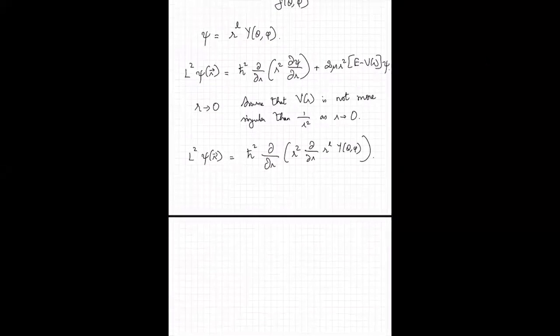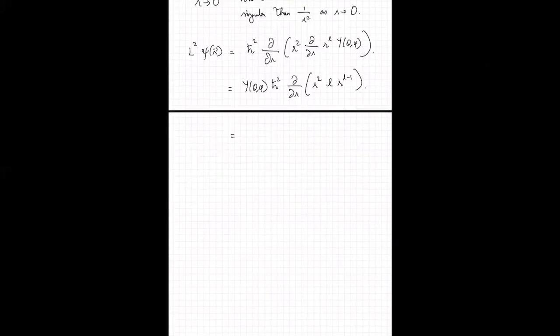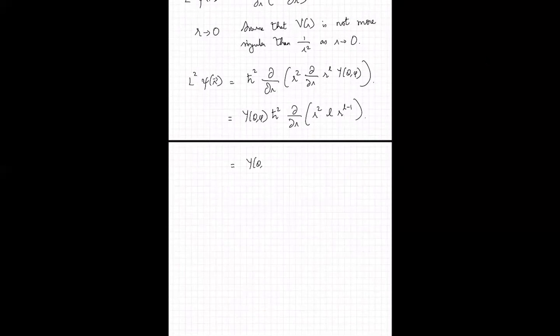close to the origin. So evaluate this. Now Y is a function of angles alone, and d/dr will not have any effect on it. So I can pull the Y of theta, phi out, times h bar square d/dr of r square d/dr of r to the L, which is L r to the L minus 1. Now, if I push this further, this is equal to Y of theta, phi, h bar square. The L is just a constant, and r square times r to the L minus 1 is r to the L plus 1, sorry. So this is d/dr